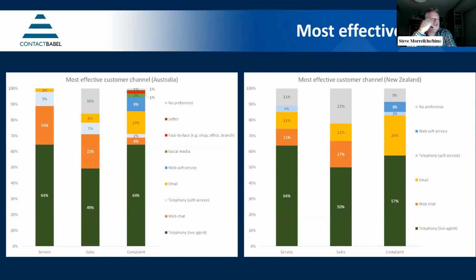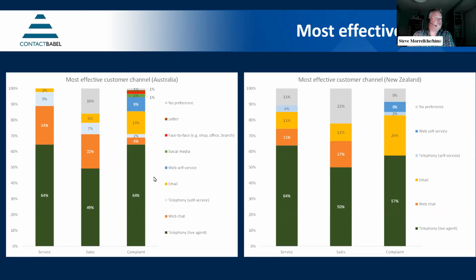We see both Australia and New Zealand do show quite significant similarities. Live agent telephony is always the most popular choice, regardless of the country or what the customer is trying to do. And we can also see that web chat is seen as being very positive for service and sales, especially. Quite a significant proportion of contact centres believe that email is probably the most effective channel to use for complaints. So bear these things in mind when I go on to the next slides, which are looking at